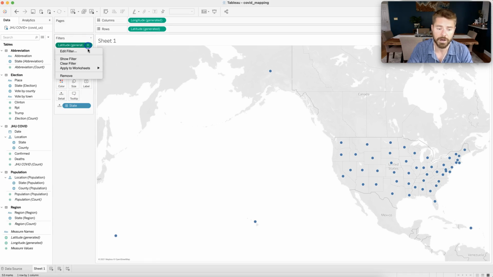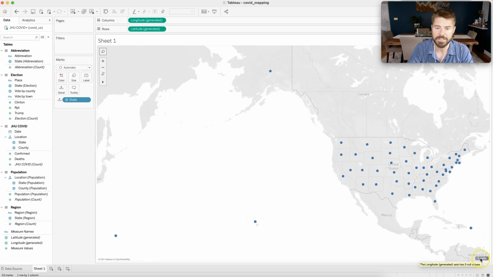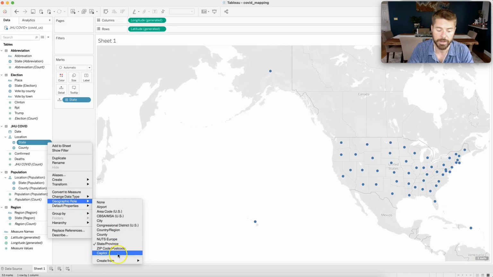And so our number of, in fact, let me just remove this really quickly. Our number of missing values went from 6 to 3 when I changed the geographic role here from capital to state. Now, it may have been different on yours, so play around with these things. Like which one it's natively thinking it is. Is it state or is it capital? But notice that there's a number of different